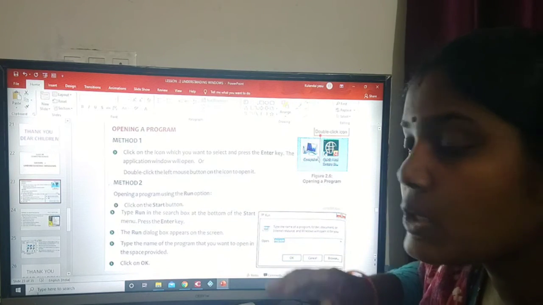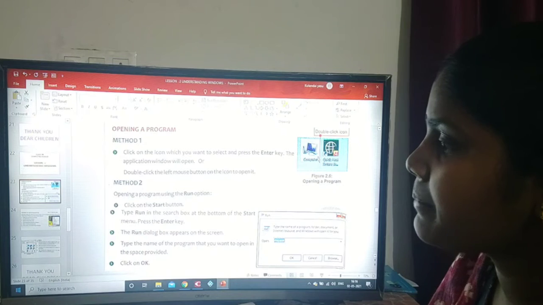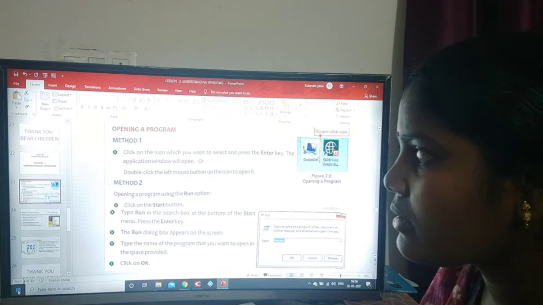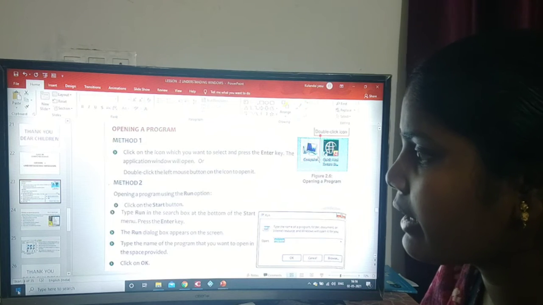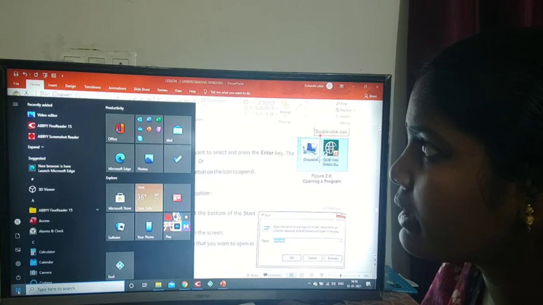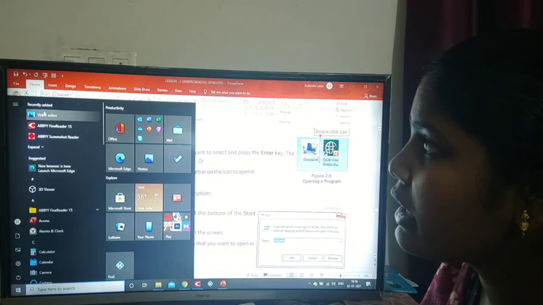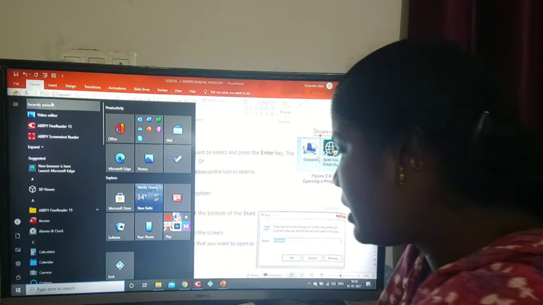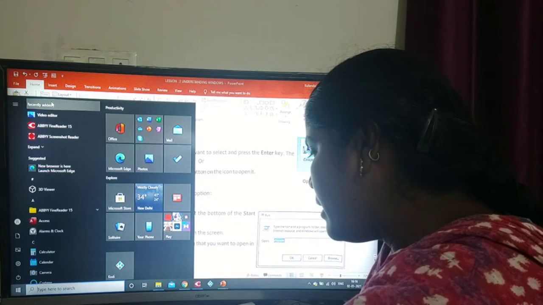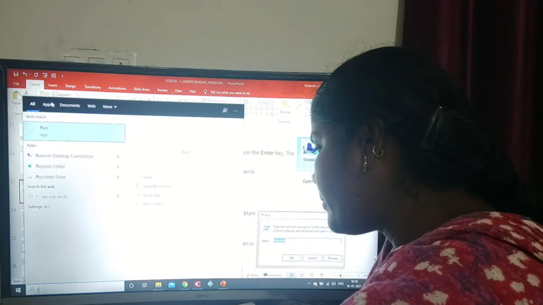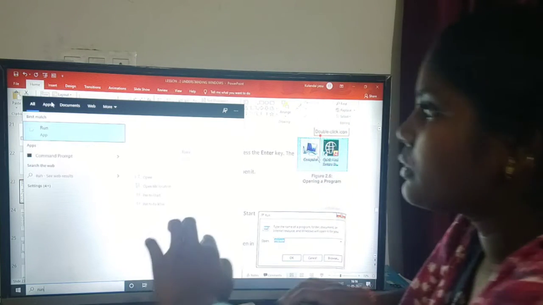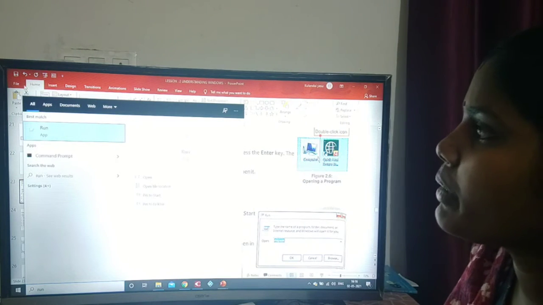Okay, so for that, first I am clicking the start button. I click on the start button, so it has started. Now I have to type run, R U N. So I typed it, and run is open.